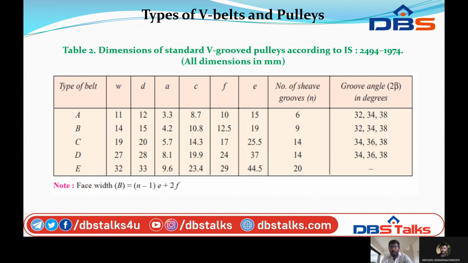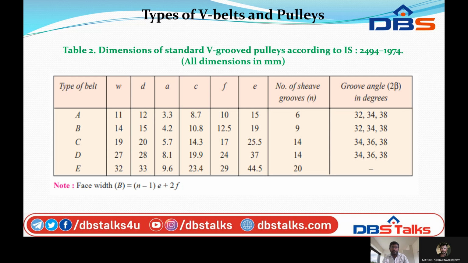dimensions of the standard V-grooved pulley. So what are the dimensions of the standard V-grooved pulley in Indian Standard 2494 to 1974? All dimensions are in mm. The table gives the type of belt, width, diameter, cross-sectional area, center, focus, eccentric, number of